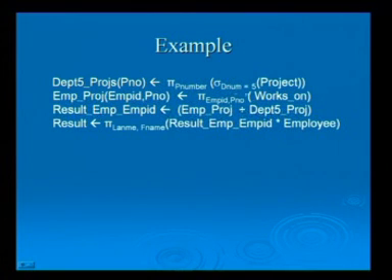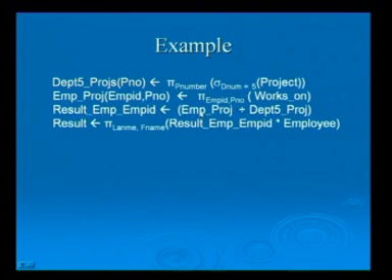Now, here we want to find the projects controlled by department number 5 first. So, we apply the selection operation, department number equals 5 on project, and then from that we project only the project number, and that is department number 5 projects, and from works on we get employee ID and project number,